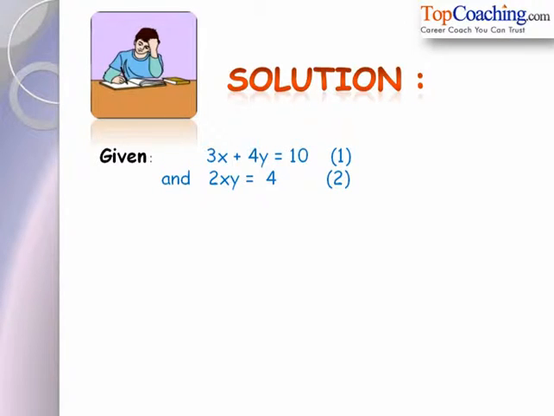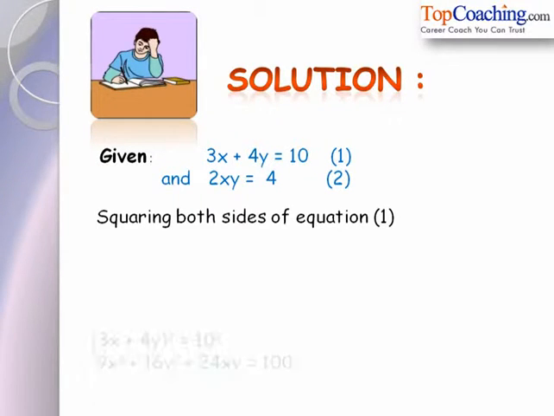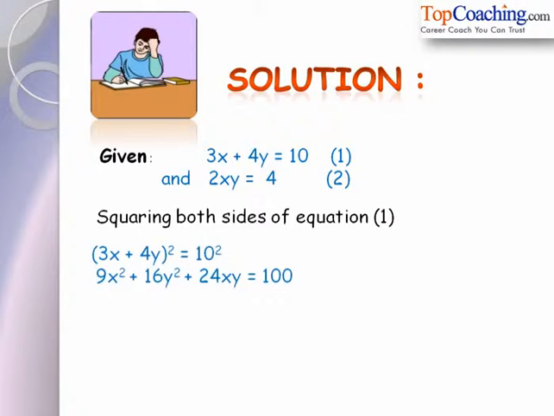Now in the next step, what to do is squaring both sides of equation 1. So we square both sides of equation 1 and thus what we get is (3x + 4y)² = 10². Now this could be further written as 9x² + 16y² + 24xy. This we get from (a + b)² = a² + b² + 2ab. Therefore, the value of 9x² + 16y² + 24xy is equal to